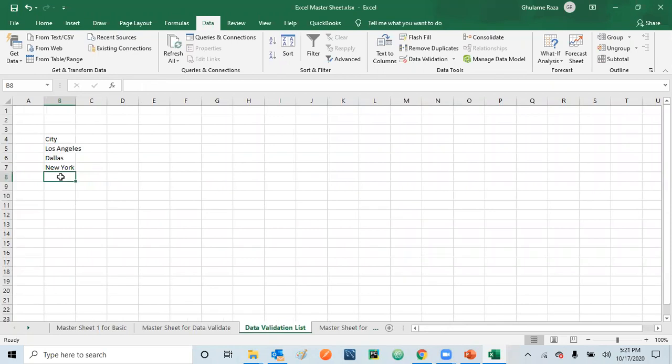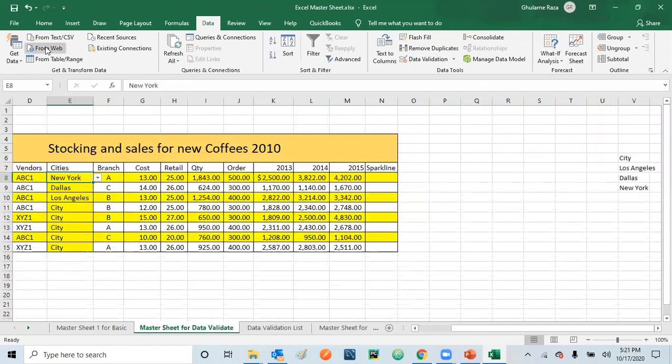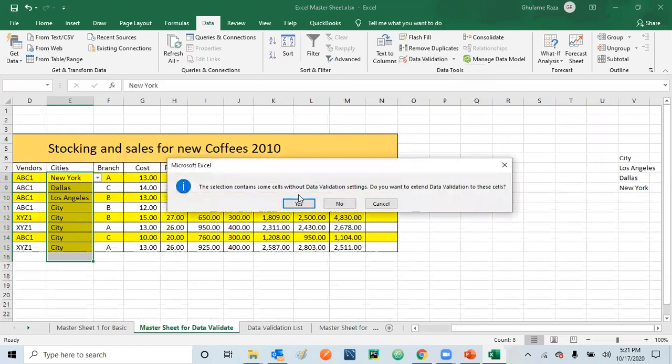I'm just creating one extra column, which is "Select one", and then we'll be selecting the cities from here. Let me undo this entire thing so that we can bring the data from the other sheet, data validation.